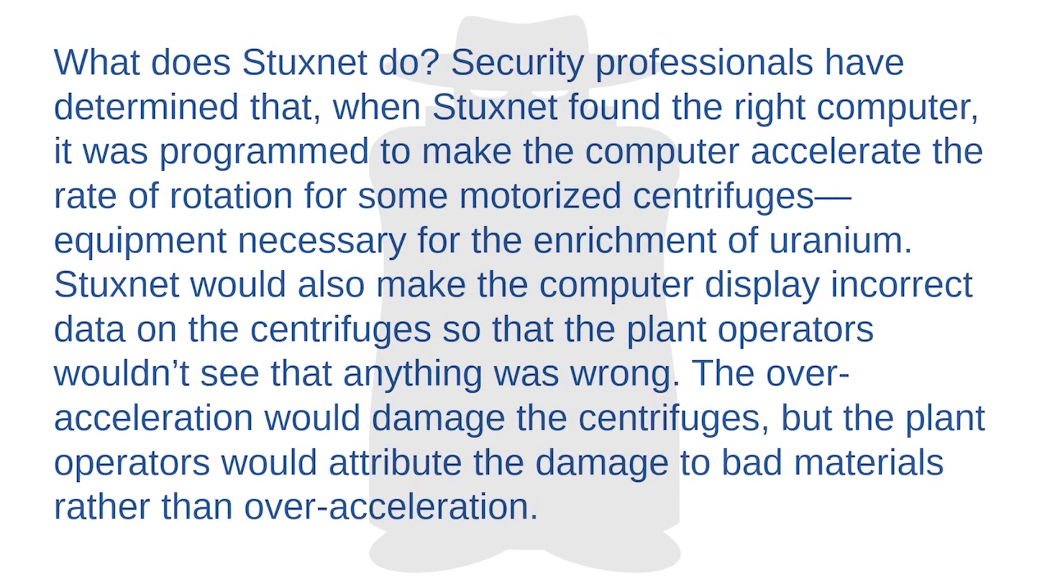What does Stuxnet do? Security professionals have determined that when Stuxnet found the right computer, it was programmed to make the computer accelerate the rate of rotation for some motorized centrifuges. That's equipment necessary for the enrichment of uranium. Stuxnet would also make the computer display incorrect data on the centrifuges so that the plant operators wouldn't see that anything was wrong. The over-acceleration would damage the centrifuges, but the plant operators would attribute the damage to bad materials